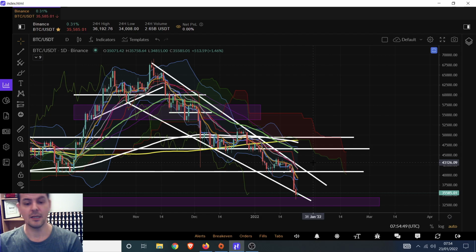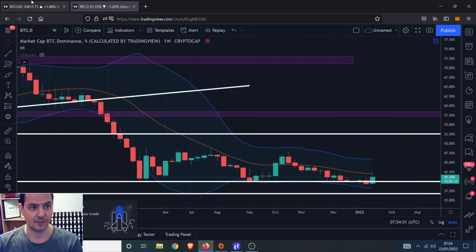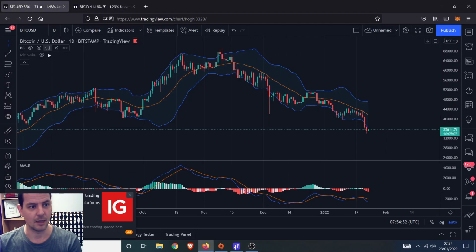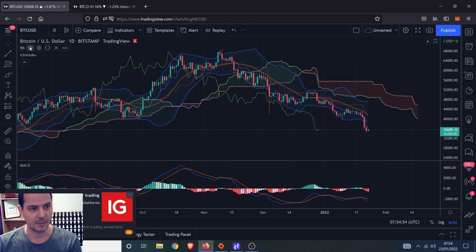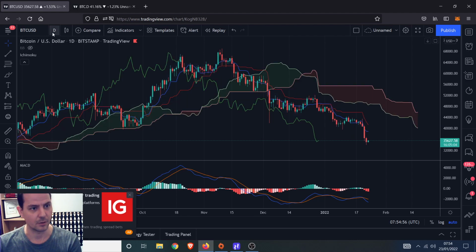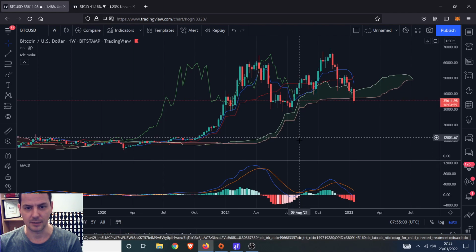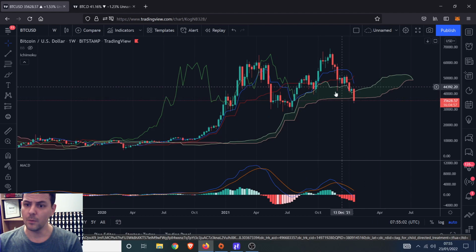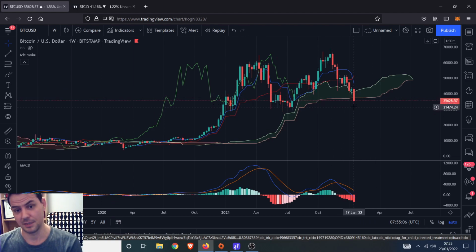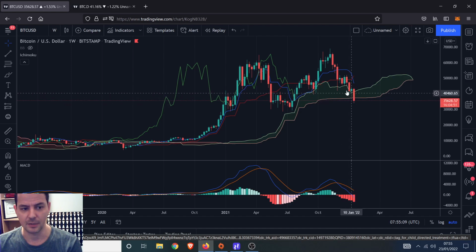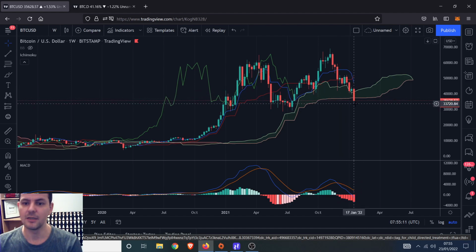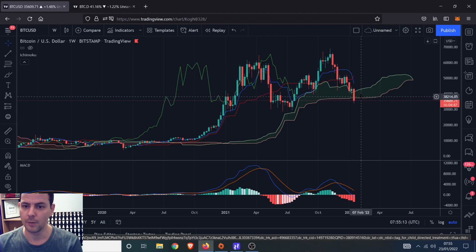Right, the last thing I was going to show you was this. So this is what we have to think about in terms of being extremely concerned for Bitcoin. We'll go to Bitcoin Weekly, and this is the Ichimoku cloud we're going to look at this time. So, when you close below a cloud, it's no massive deal. It's not a good thing to do, but it's not a massive deal closing below a cloud. But it does mean that we have got one component of three